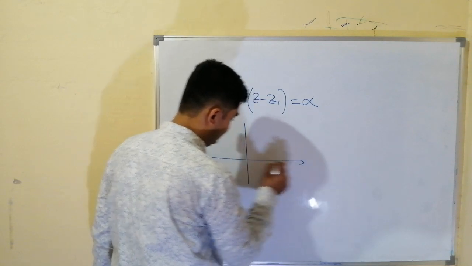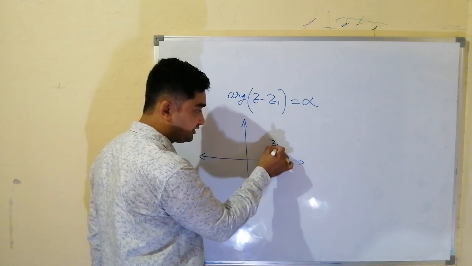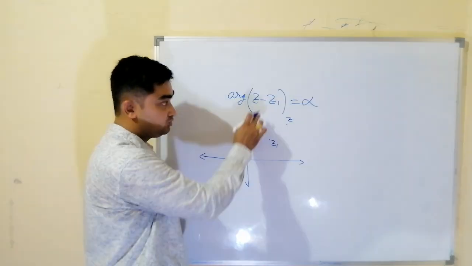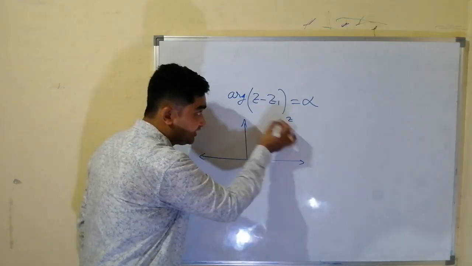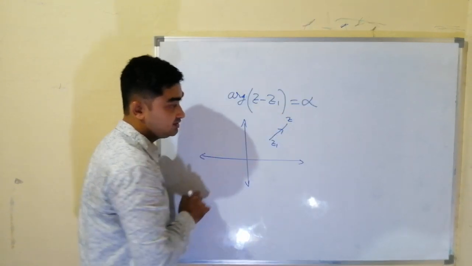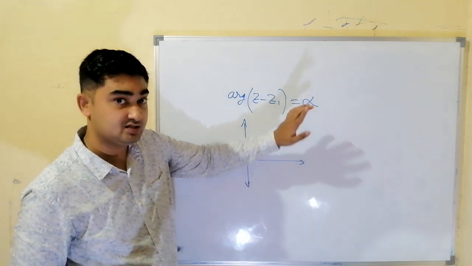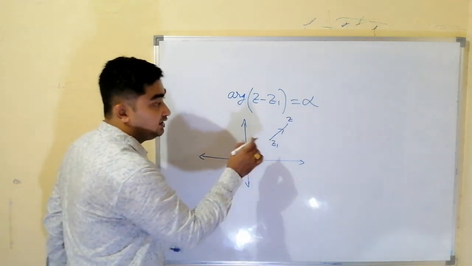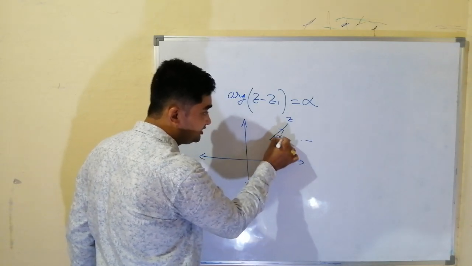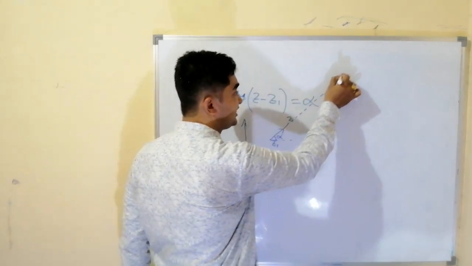Let us draw the Argand plane. In the Argand plane, let us take a fixed point Z1. Z1 is a fixed point. Z is a moving point. We have to find the locus of Z. So Z minus Z1, final minus initial, it will represent this direction. So argument of this line is fixed. Alpha is given as fixed angle. If argument of this line is fixed, that means draw line parallel to x-axis, this angle is fixed. If this angle is fixed, means Z can move anywhere in this direction.